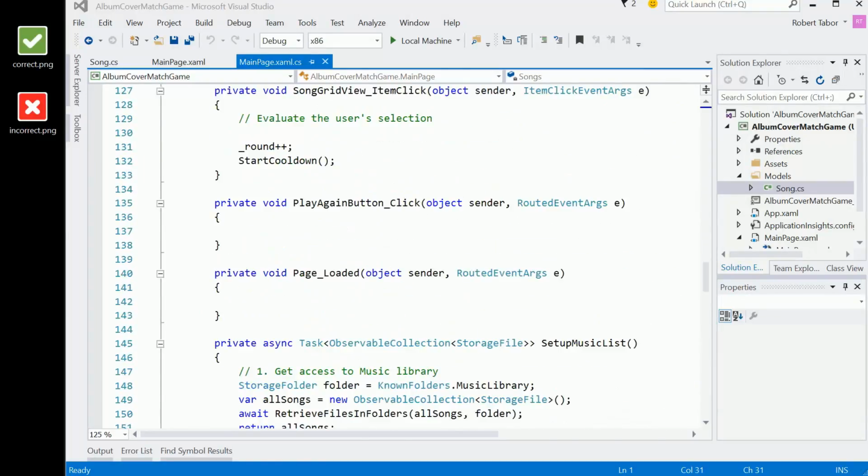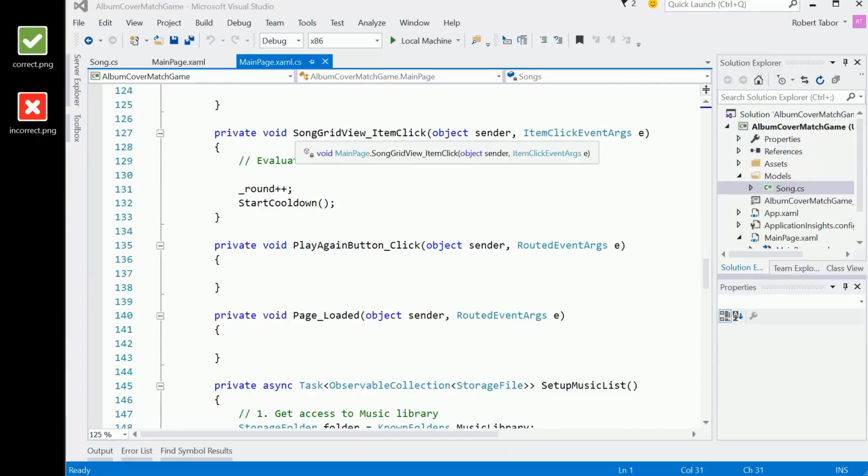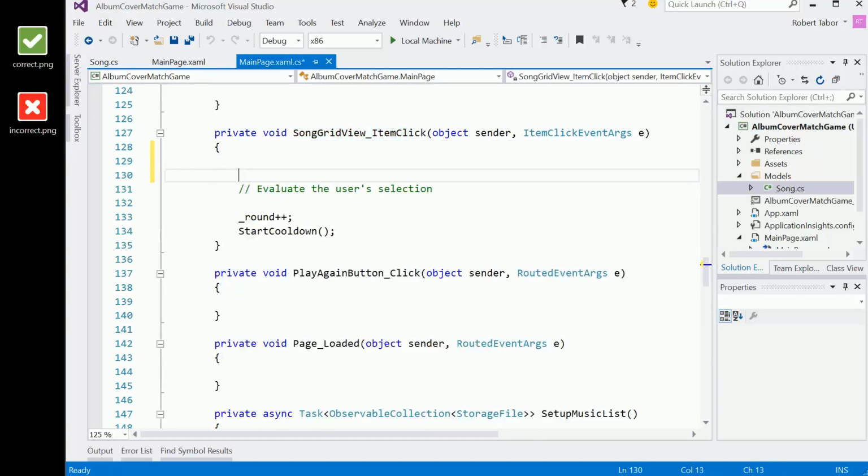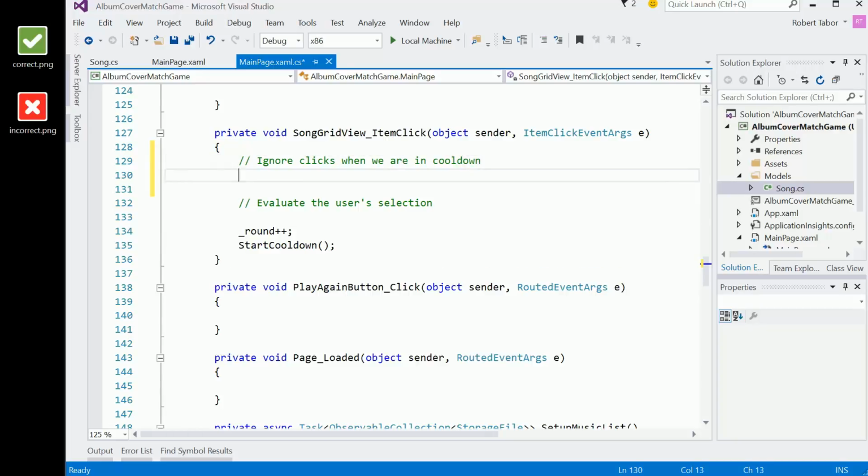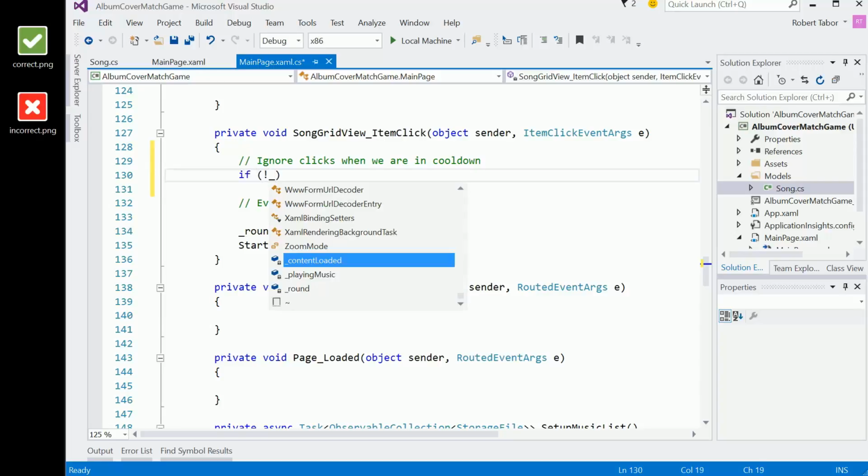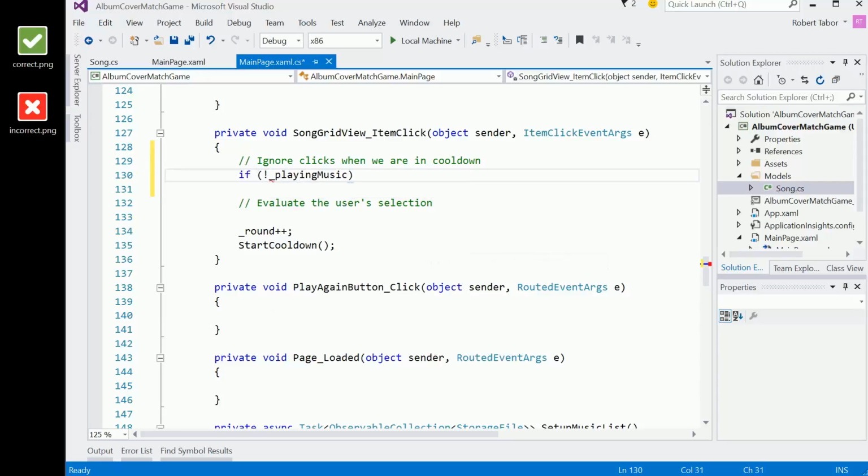And we know that will happen here in the song grid view item click event. So the first thing we'll want to do is ignore clicks when the music isn't playing, or we're in cooldown. Okay, so if not playing music, then just return. This isn't the right time to be clicking on this part of